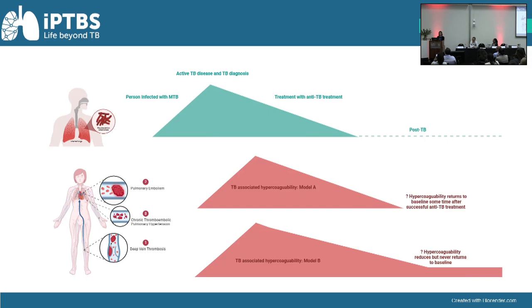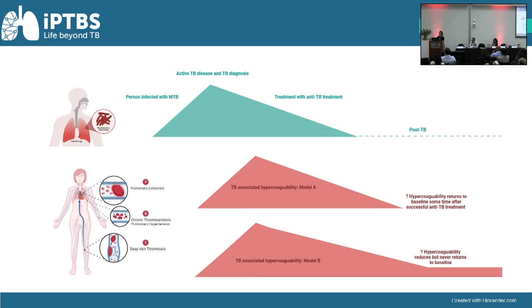So this diagram shows the time course of acute TB at the top, where the patient gets infected with TB, then some weeks to months afterwards they develop active symptomatic TB disease, present to hospital and get diagnosed with their TB. They then get successfully treated for their disease and move into the post-TB phase. And the bottom two figures in red is really what we're going to be talking about today. And these reflect the hypercoagulable state that develops and peaks during acute TB disease, but may continue for a variable